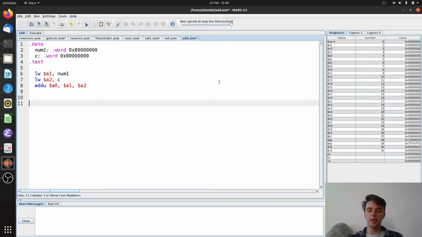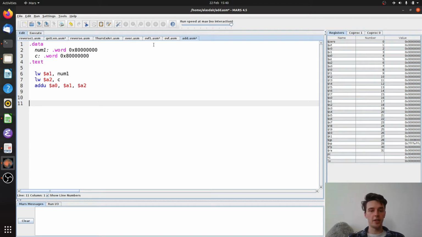So what we want to do is write a little subroutine that we can call in this file and check for overflow, and maybe throw an exception or print a message if overflow has occurred. Now, in one of the previous videos I went over how to detect overflow, writing it out in Mars and whatnot. I'm going to do the same thing again here, but we're going to make it in a format that is usable for